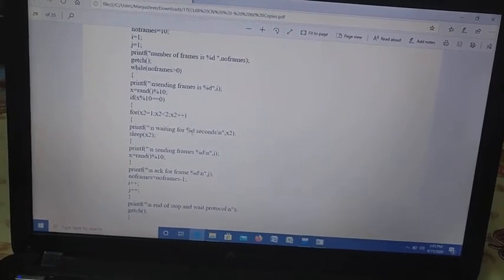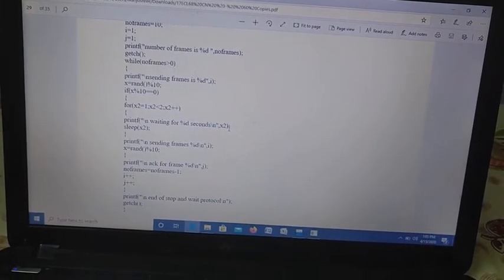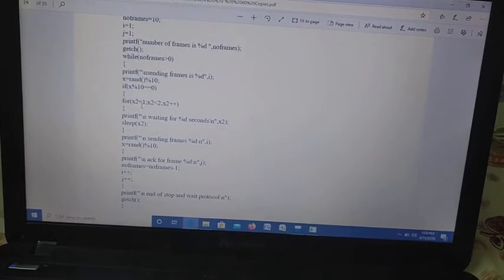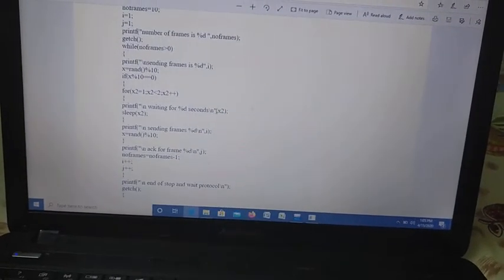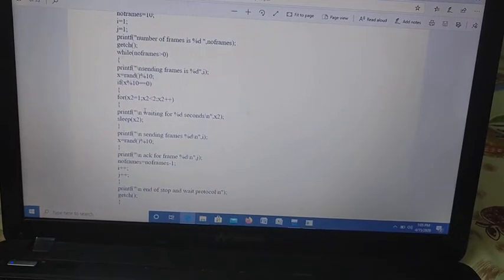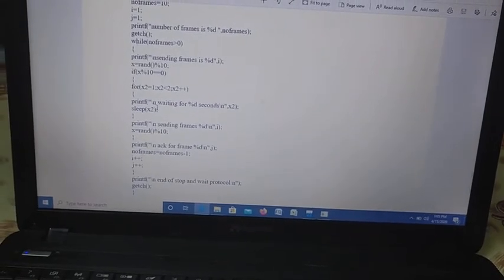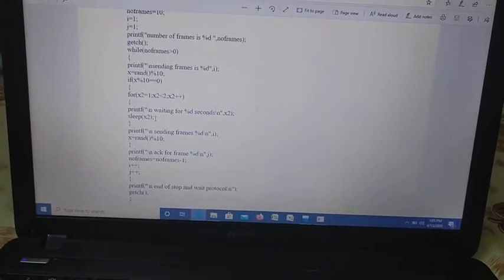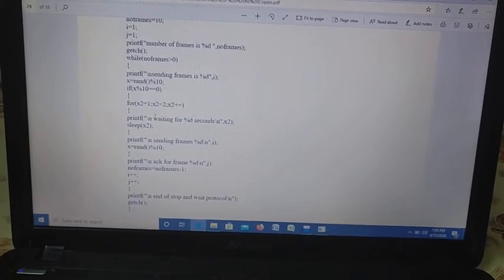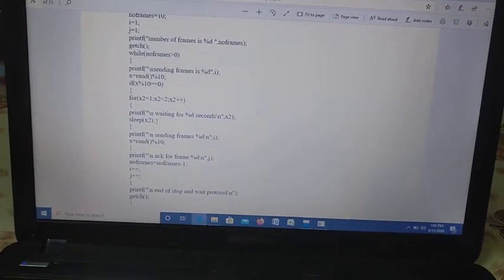That is, wait for %d seconds, x2. What is the value of x2? That is 1. It means wait for 1 second. The sender is going to wait for 1 second for an acknowledgement. Sleep of x2 means the sender, that is your computer, is not going to do any operation for 1 second.